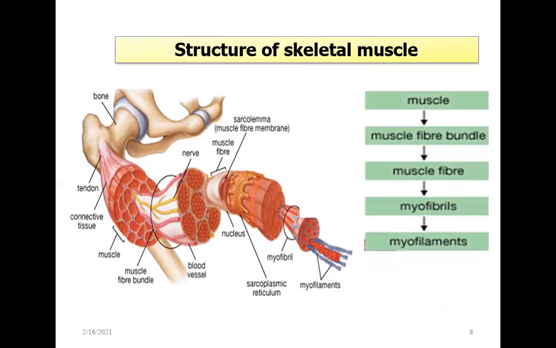Okay. Coming to the structure of the skeletal muscle, before we go into details about the different skeletal muscles in the body, we should know what exactly is the structure of the skeletal muscle. If you see the muscle, this whole thing is called the muscle. This muscle is made up of multiple muscle fiber bundles. One of them has been extended here so that you can appreciate how it looks.